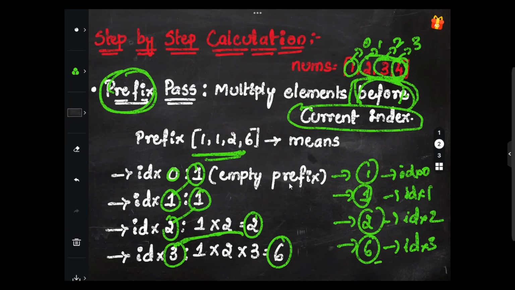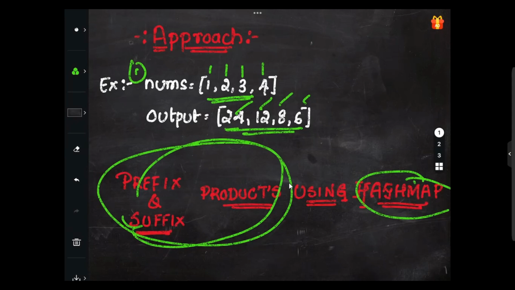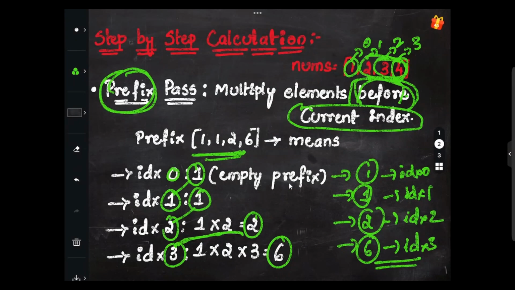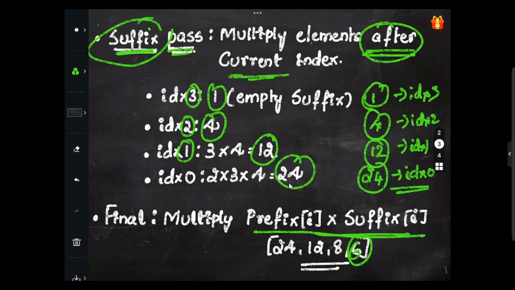Here index of 3, we got 6, right? Yeah, index of 3, we got 6. 6 into 1 will be 6. This one I'm speaking of, right? Index 3, index 3, don't get confused here. This one index 3 comes first, here index 3 comes last. 6 into 1 is 6. Next we will go with the index 2 basically. Index 2 into index 2 here, right? So we will